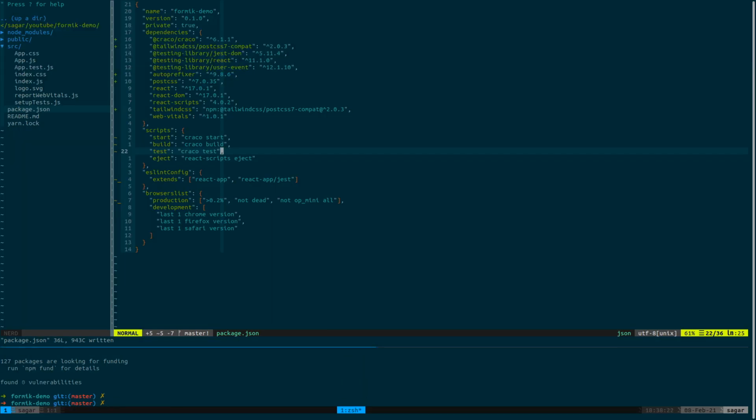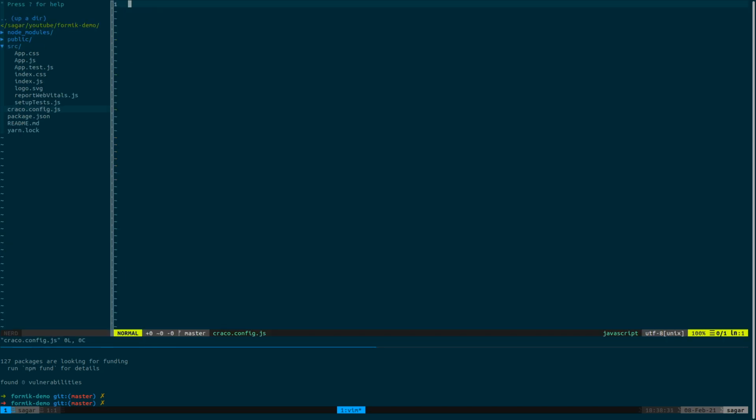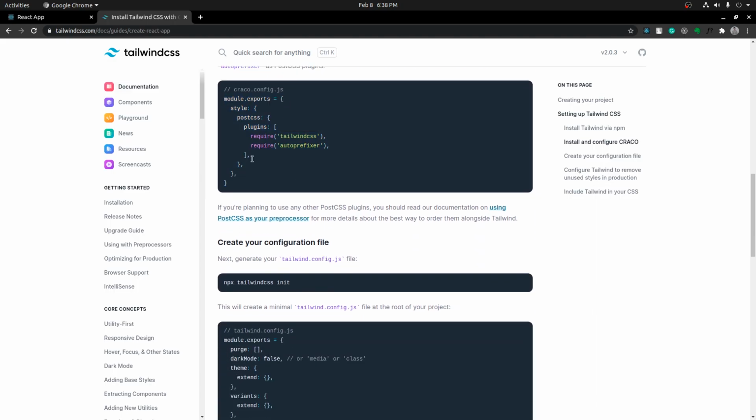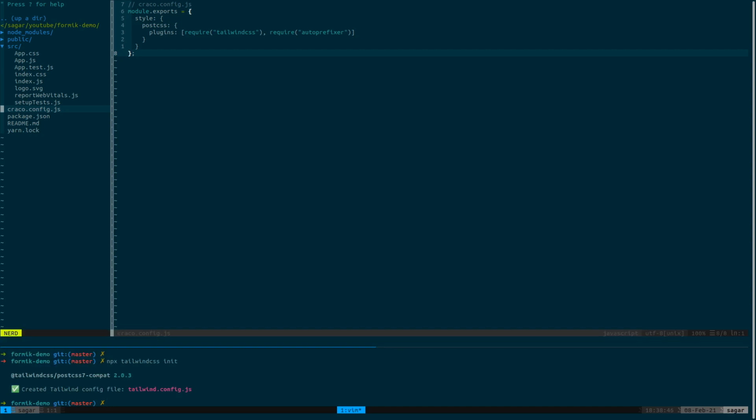So in our root folder, let's create a file named craco.config.js, paste the code in here, and initialize a tailwind config. Paste this into the terminal. What this will do is generate a tailwind config file,